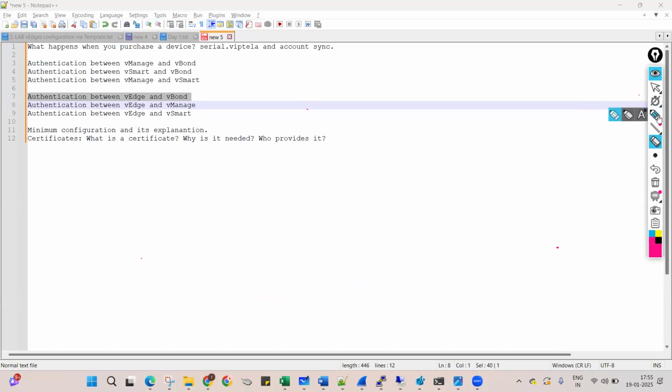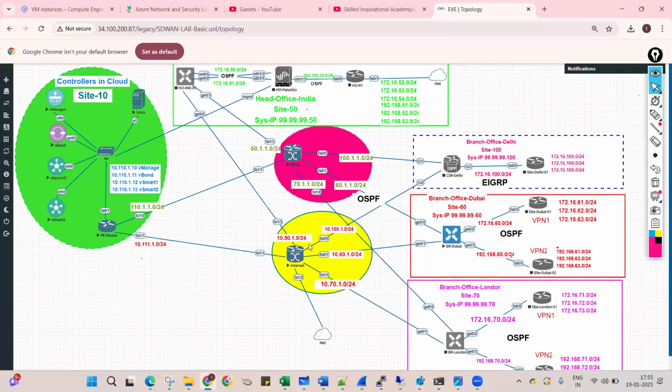Okay, let me turn this on. Okay, this will take a while. This router will take a while to turn on. So by the time we are waiting,